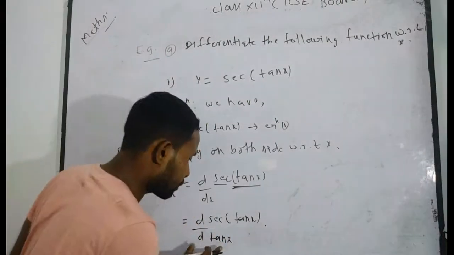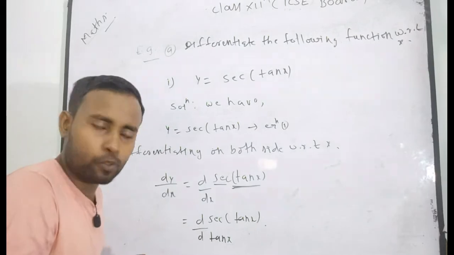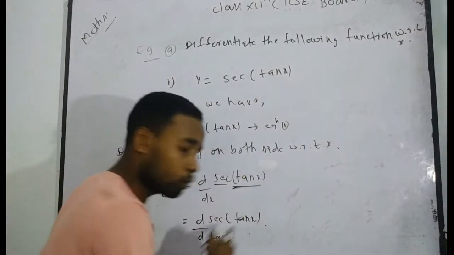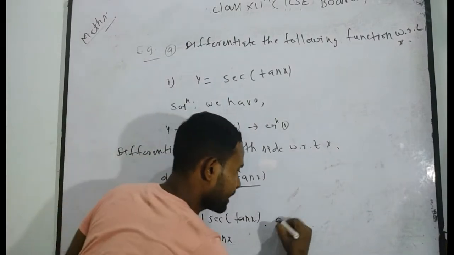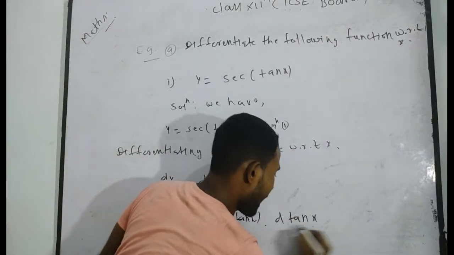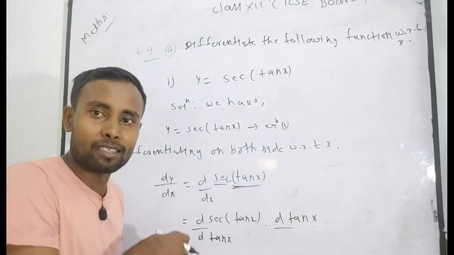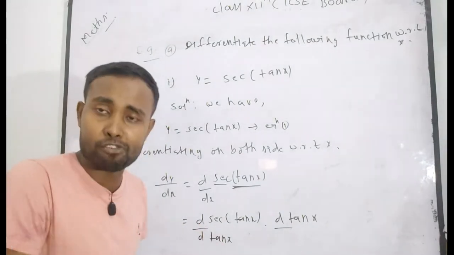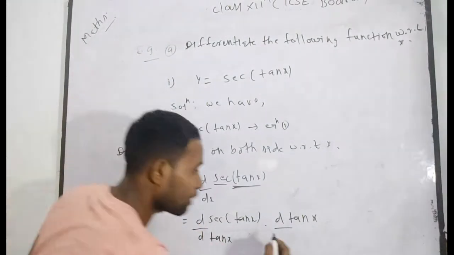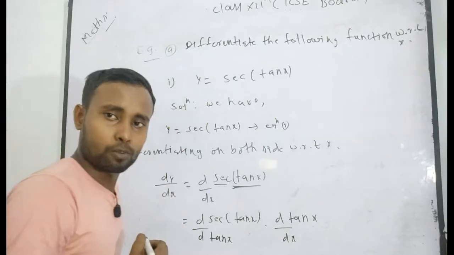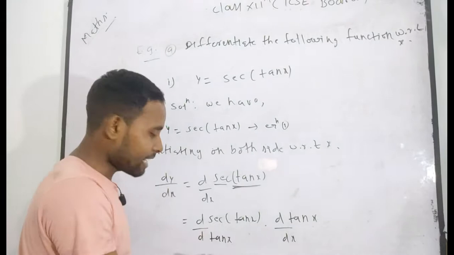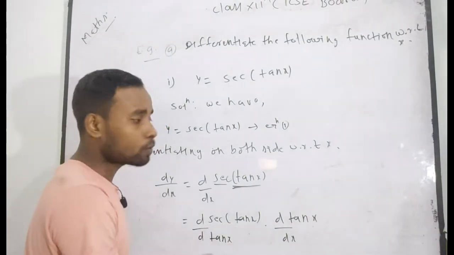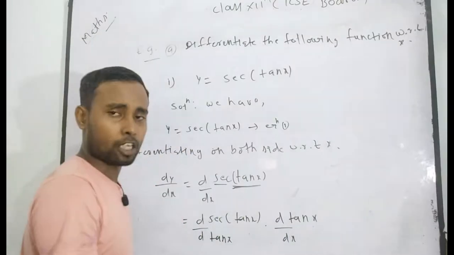Thereafter, as you know that 10x has been taken here forcefully in the denominator part, you need also to balance it. So first of all, I want to take it also in the numerator. And as you know that 10x is a simple function which can be differentiated with respect to x, I want to take here x. Now if you see here, this is sec 10x, which is differentiated with respect to 10x. Again here 10x is differentiated with respect to x.